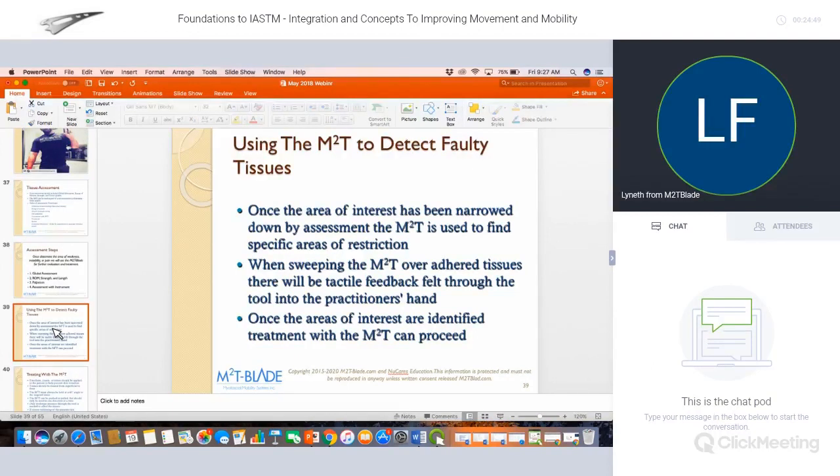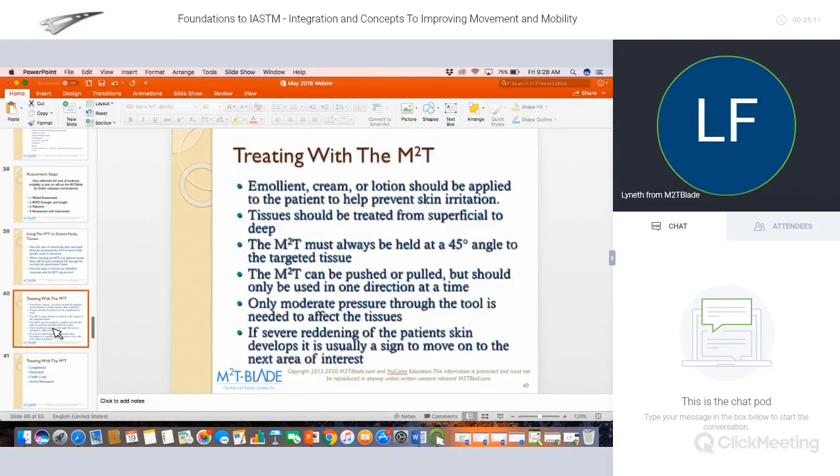So we use what's called a sweeping motion. So we're going to sweep the blade over the adhered tissues, and there'll be what's called a tactile feedback felt through the tool into the practitioner's hand. So it's like you're going over Rice Krispies or bumps underneath the skin where those adhesions are going to be. So once you found those adhesions, which is causing disruption in myofascial systems, disruption in muscles, we can go on to our treatments. So treating with the M2T,